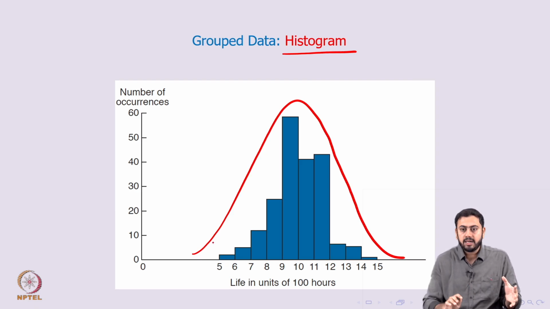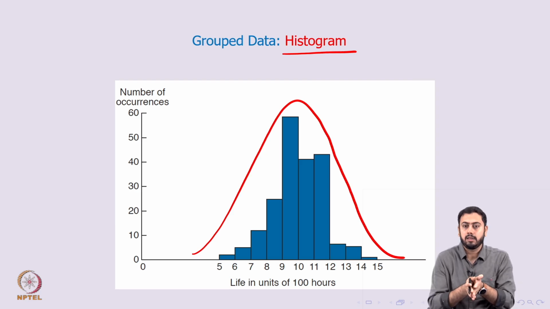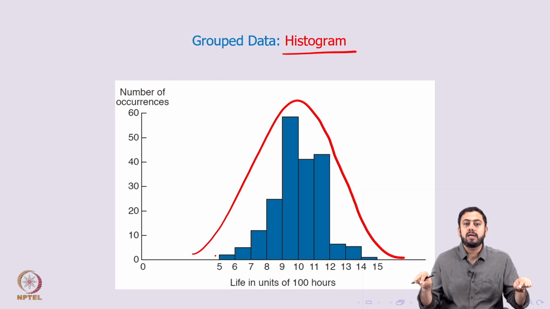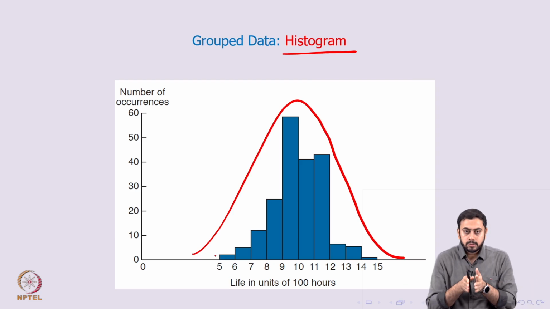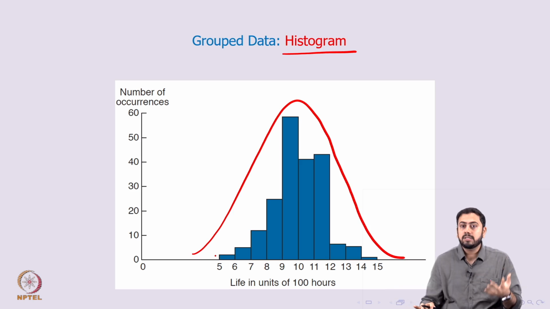On the lower end and the higher end you have very few values, whereas in the middle you have a larger chunk. So, symmetric means what? Symmetric means you have a peak in the middle and roughly equal tails at both ends. What exactly it means is that you have bulbs or lamps having lifetimes which are either very low on the left hand or very high, and those number of bulbs are not that much. So, the number of bulbs having lifetimes either very low or very high are less in number.